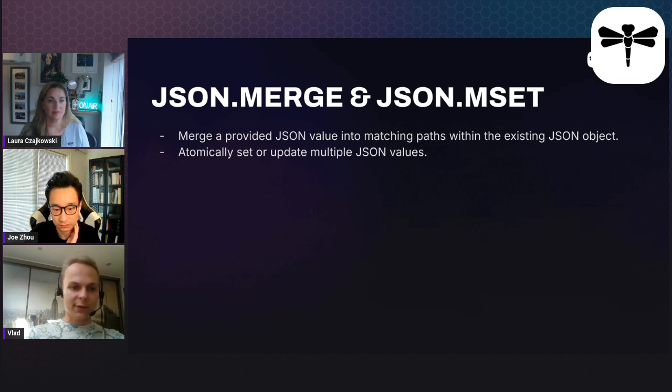So merge and MSET have been quite heavy, big, difficult commands with many options. Merge allows you to merge an existing JSON tree into a JSON tree that is already stored in the database, and it allows you to efficiently partially update the JSON structure that is already stored. And MSET, like the usual MSET command, just allows